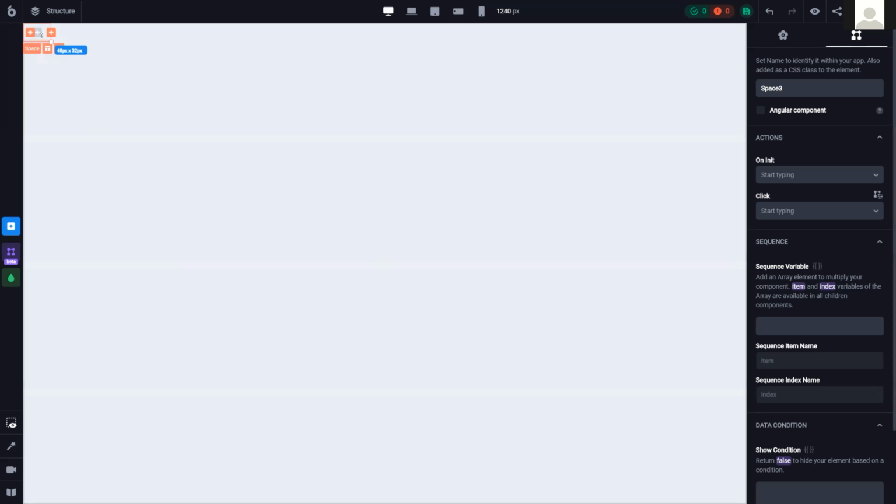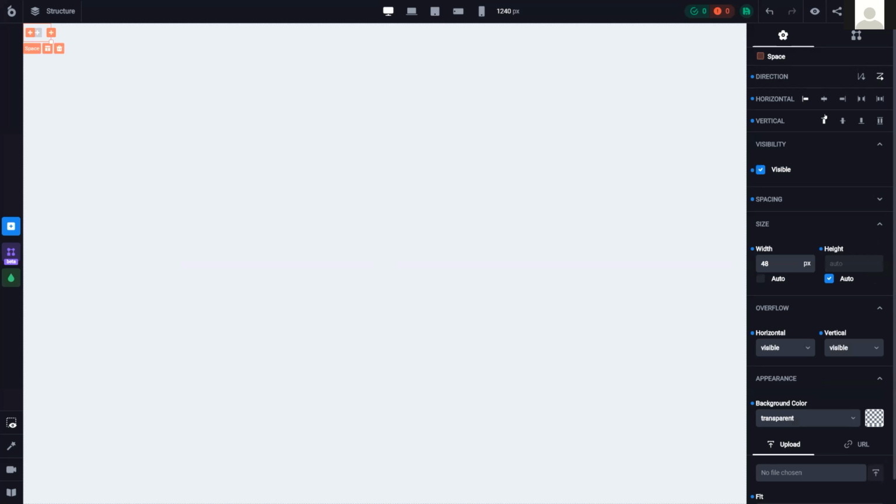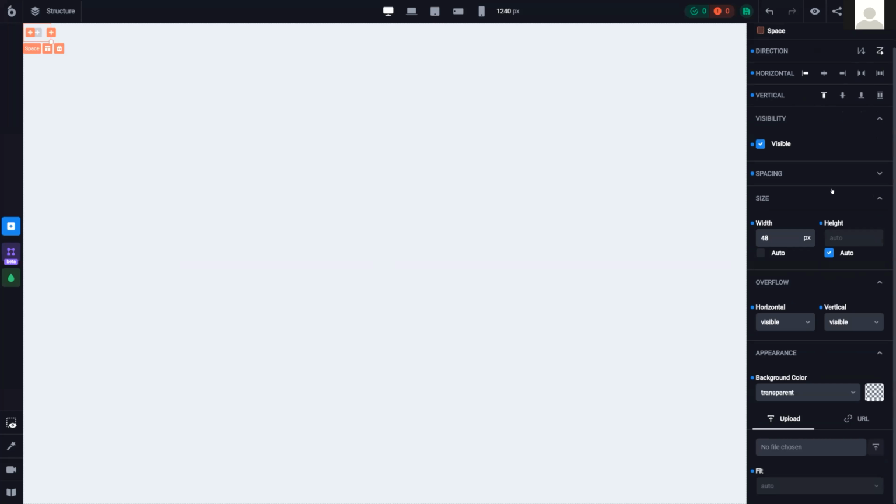When I have added the space, it's automatically selected by UI Bakery, and here at the right side of the screen, inside of the configuration panel, I can change some configurations. I want this space to take the full width. I can use pixels, percentage, or columns. Columns is the principle that is taken from Bootstrap. I can recommend using columns because it's quite easy to adopt